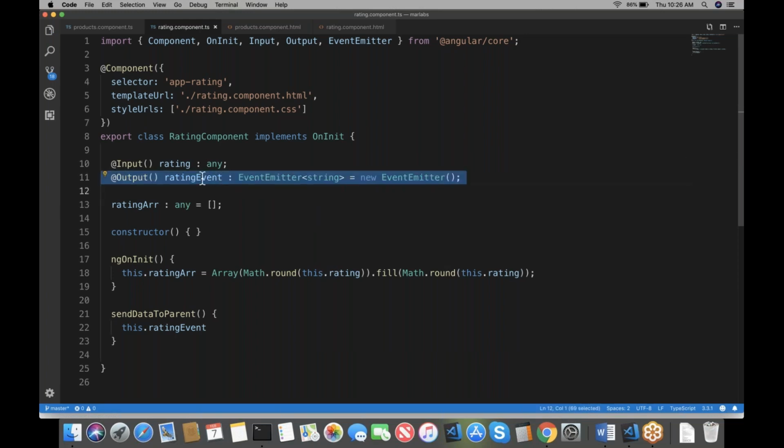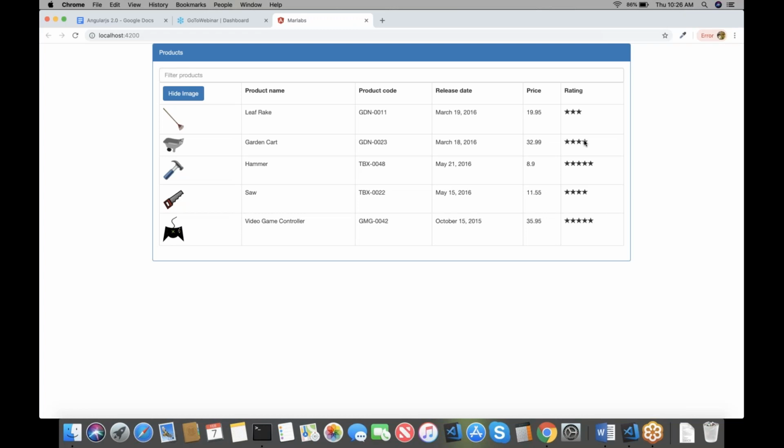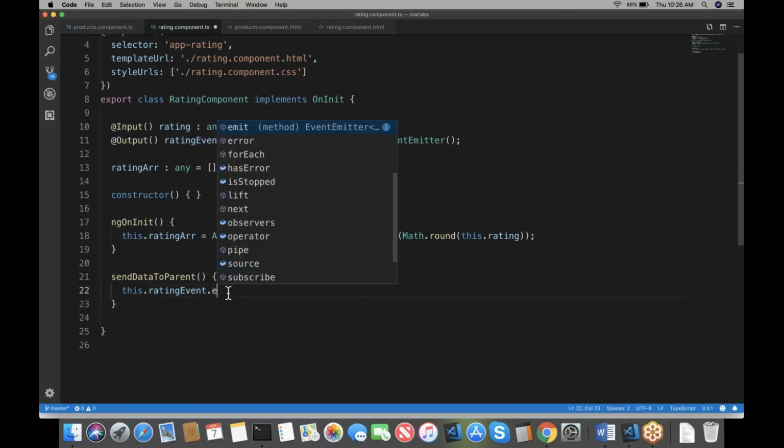And that's exactly what this whole statement means. You're declaring a variable which is of type EventEmitter, and the data type of the event payload is string, and into this you're storing an instance of EventEmitter. Is that clear, the statement? And this variable, which you decorated using the output decorator, can be used to send data from child to the parent. So now, whenever I click on this component, this function will get triggered, and I have access to this variable called rating event, and I can directly use one method called emit,